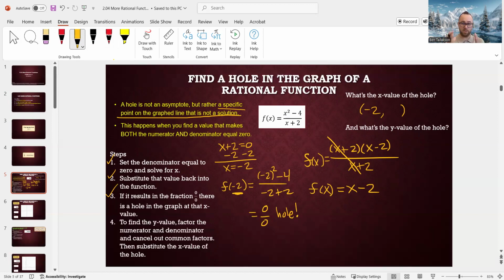Now you actually just did two things. You created your new simplified function, which you can graph if you need to. We will in a moment. But you also have a function you can now plug the x value of your hole into to find the y value of the hole. Okay, so let's do it. We have -2, and that gives us -4, meaning when x is -2, y is -4,